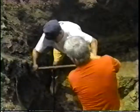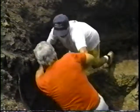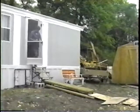Severe weather around here. Kansans have been pretty lucky so far this summer, but a Tonganoxie man isn't taking any chances. As 13's Kate Epstein reports, he's now getting some help from a new product. This isn't your average construction site, but then again, neither is the item these workers are installing. They're digging a hole for Molly, a storm shelter designed to mollify the fears of homeowners, particularly those who live